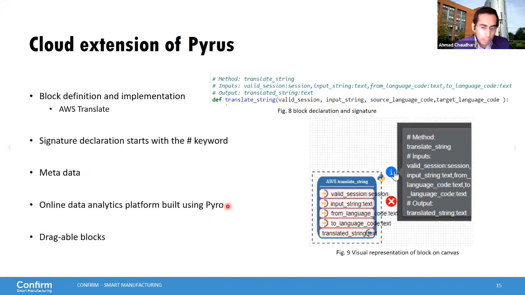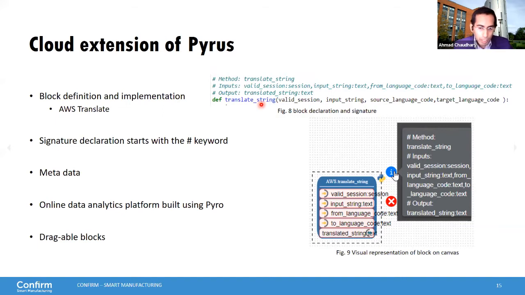The mechanism for the new block declaration and implementation is similar to the DIME SIB. As Pyrus only supports data flow, it only contains the signatures. As in figure 8, the signature declaration starts with the hash keyword, followed by the metadata, and finally the implementation of the Python code that must be located in the attached Jupyter space.